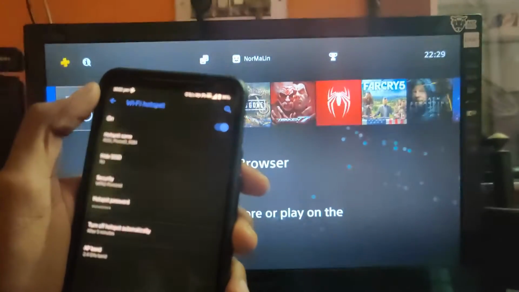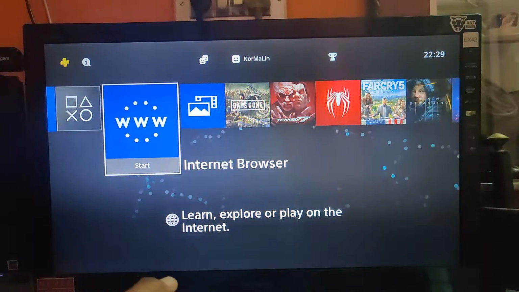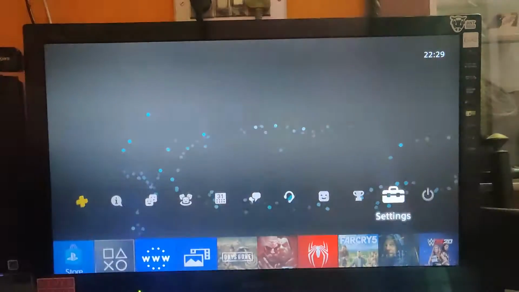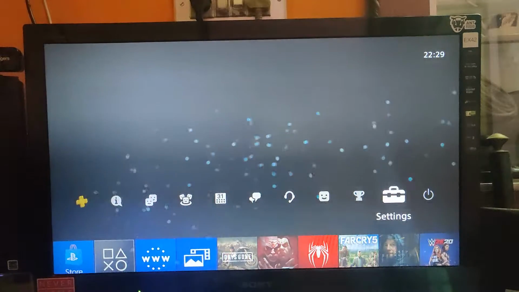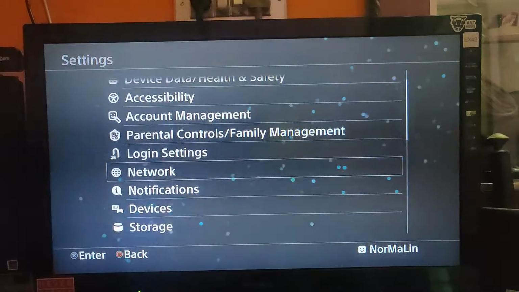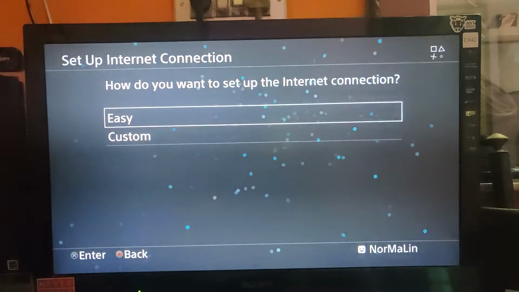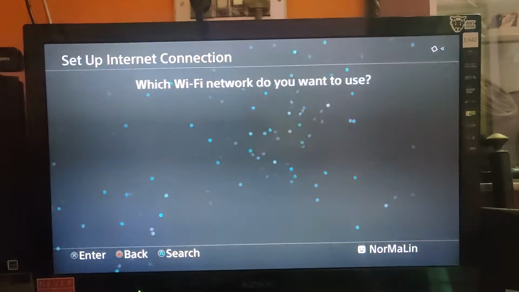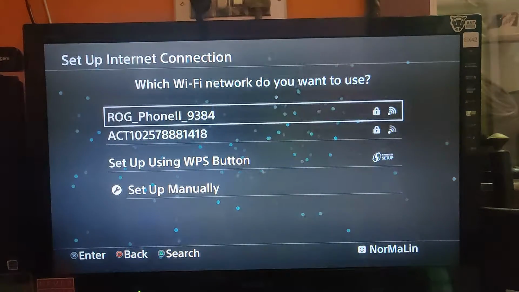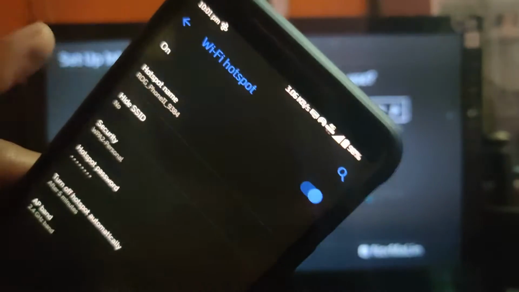So my device hotspot is on. You can also use LAN. So here is my Wi-Fi network.